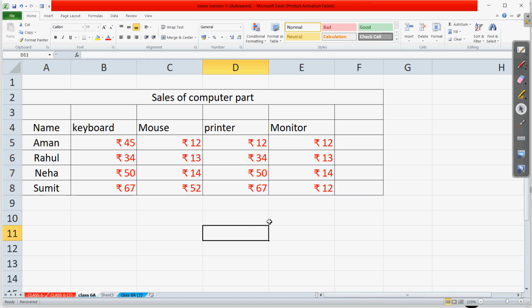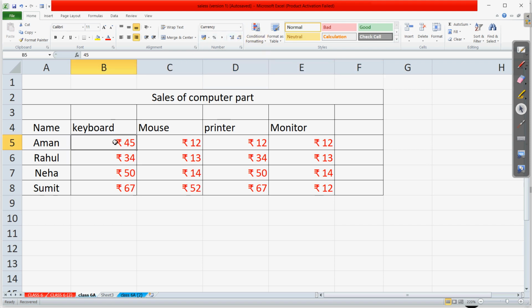Clear? So this way we can increase or decrease the number of decimals as per the requirement. Directly in this number group, below where we were choosing the number format, we have these options to increase and decrease the decimal points. Clear?